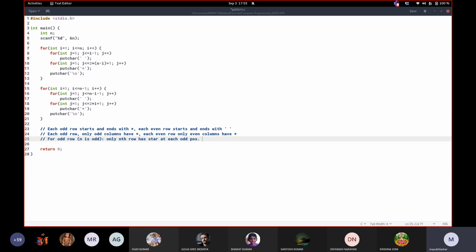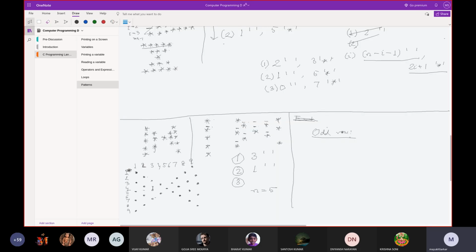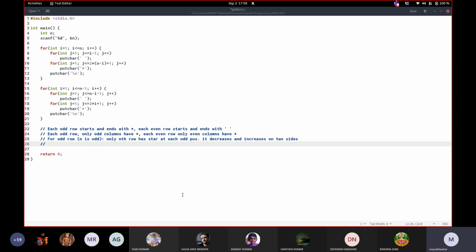It decreases and increases on two sides. Okay. And for even rows, it's also quite a bit the same. Now,